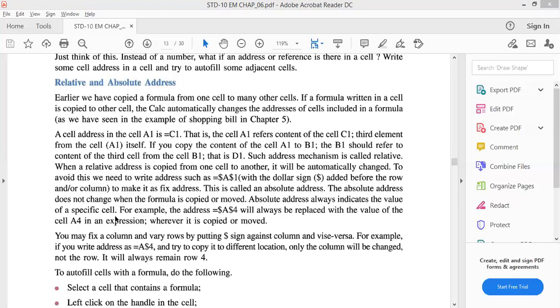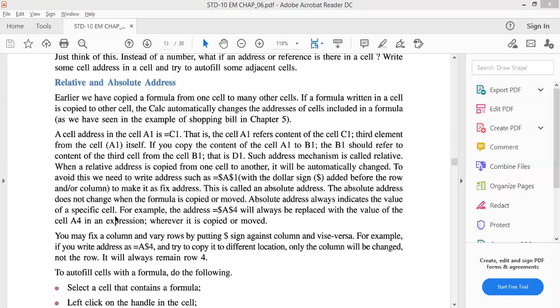$C$2 into $D$2. Now when I drag this formula, are you getting this?